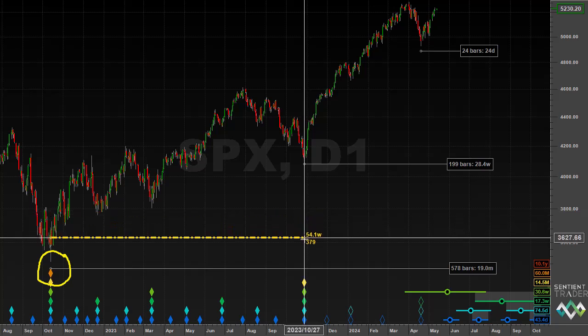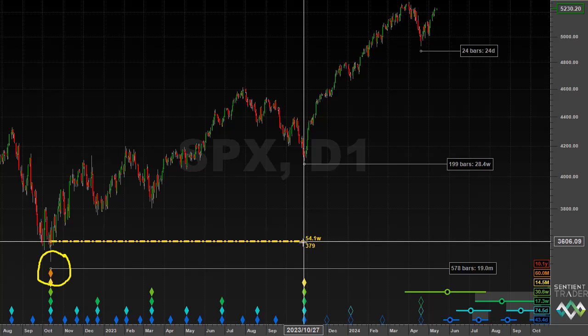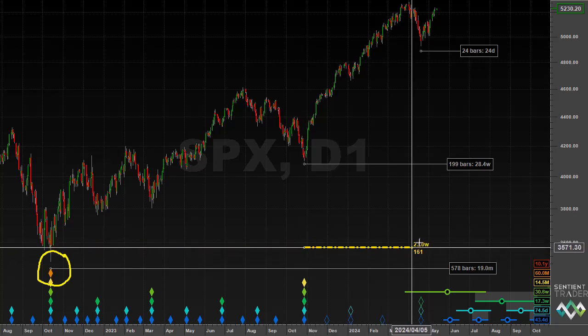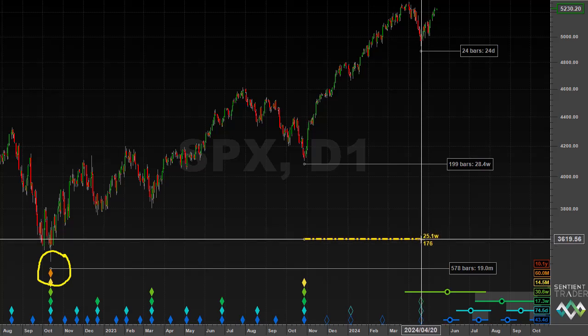Is it a late 40-week cycle trough, or is it an early 18-month cycle trough? It certainly seems possible that it could be a late 40-week cycle trough, particularly because we have now witnessed an extended 20-week cycle, which ran at 176 days instead of the average 136 days. It could well be that all of these cycles are stretching.